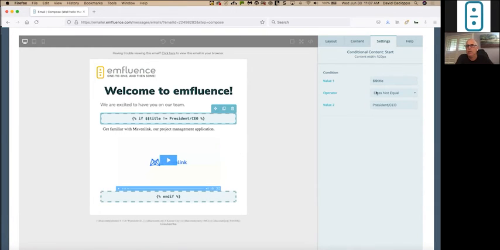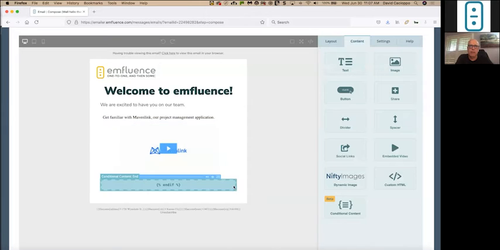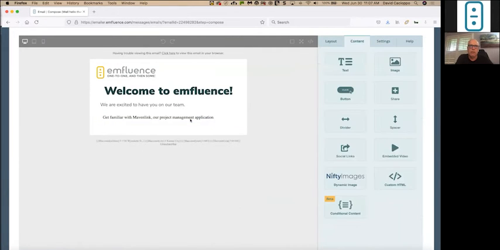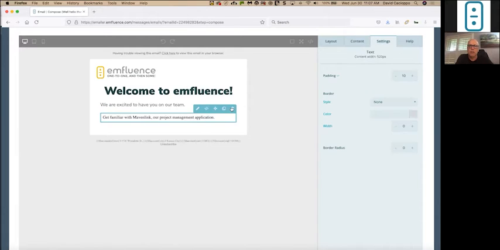So you do have a choice of operators here. So if value one equals, does not equal, is less than, is greater than, less than or equal to, or greater than or equal to. So lots of options there, and then any content that you want to put in there. To get this content in here, I'm just going to delete this so you can see how easy it is to do this. We'll remove these things and take that out.